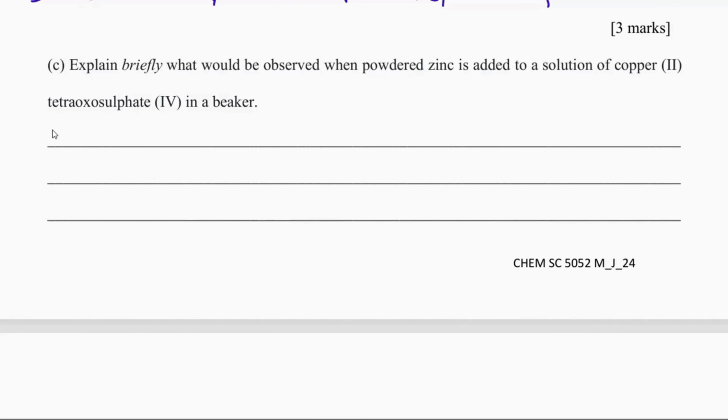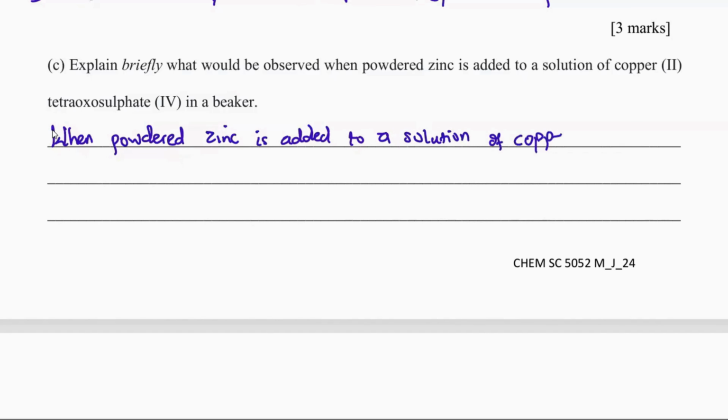We can answer this by saying, when powdered zinc is added to a solution of copper(II) tetraoxosulfate(VI),